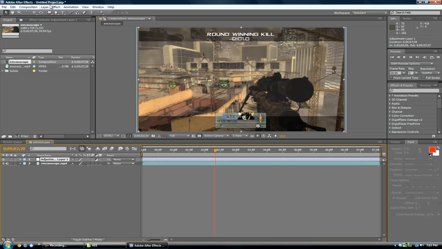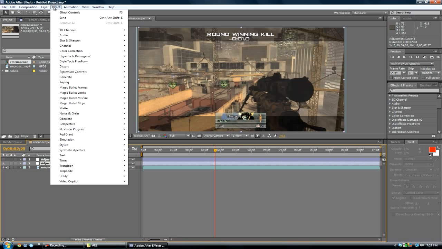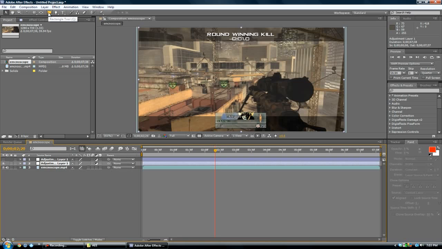So to start off, I'm gonna add two adjustment layers actually. So I'm just gonna copy and paste this. Control D is a duplicate, and I'm going to start with the bottom one. I'm going to go to Effect. Wait, no, I'm not. I'm going to go to this rectangle tool, go to the ellipse tool, double click it,